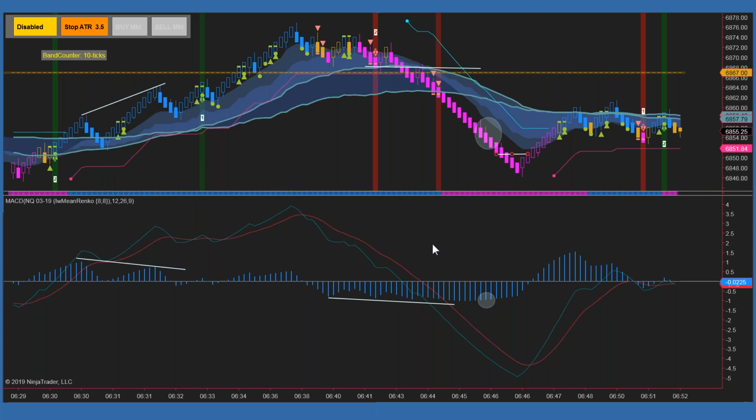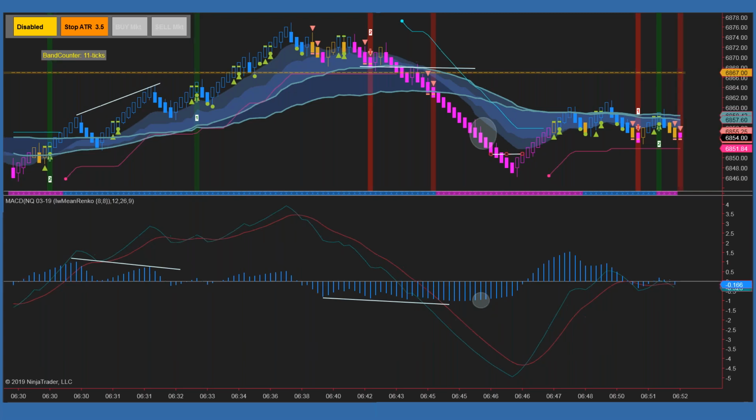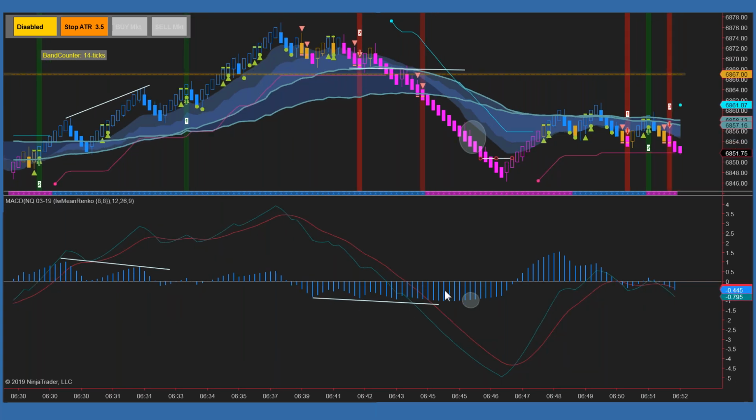So MACD can be pretty helpful that way as well. Like I said, divergence, and a lot of people don't take into account the momentum factor of the MACD. A lot of times you will see MACD momentum building, which will just reinforce signals. Like, okay, here for instance, and we may be a little bit early on this, but